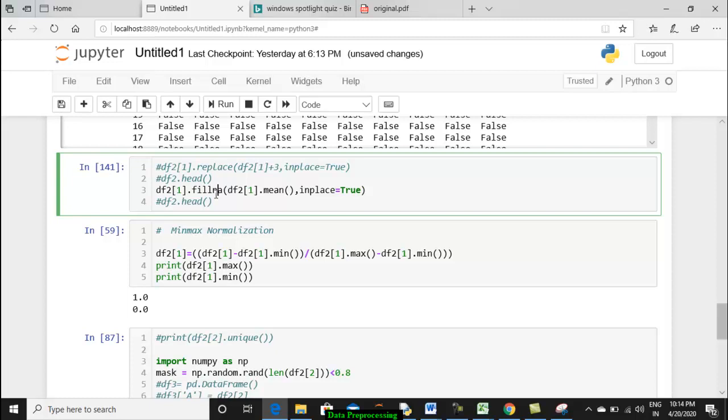So what are the probable ways to deal with missing data? The very simple way is that you can just remove the lines where the missing values are available, either row wise or column wise. But that is not actually ideal, because if a particular cell has NaN, which is a missing value, it doesn't mean that all the other data are not important. It may have some important parameters, and hence it's always a good strategy to fill up the missing values with some value.